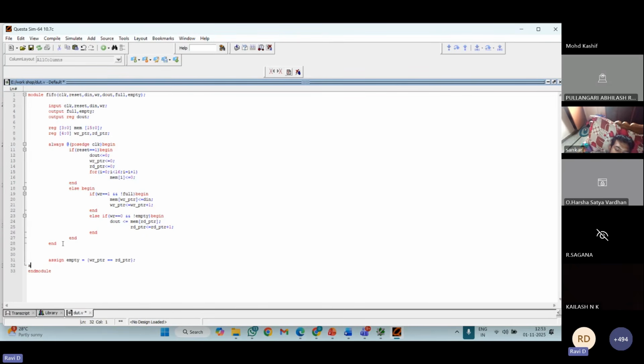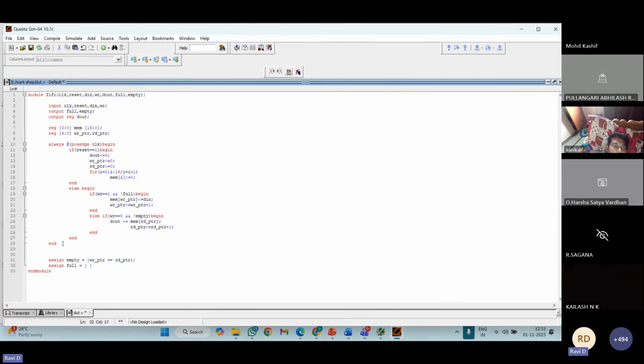After finishing the empty condition, I need to represent my full condition also. It will be full when my write pointer MSB bit is not equal to read pointer MSB bit, and all the later bits are the same, then my full condition goes high.